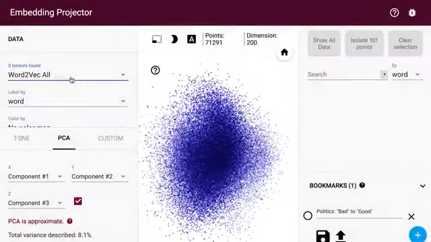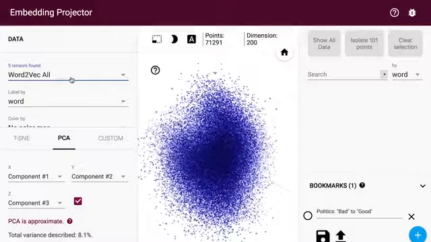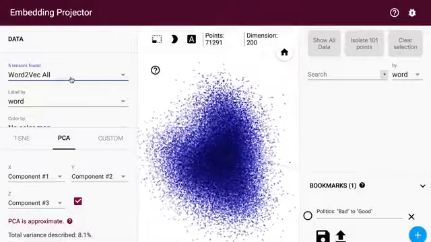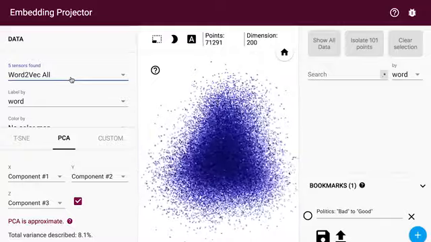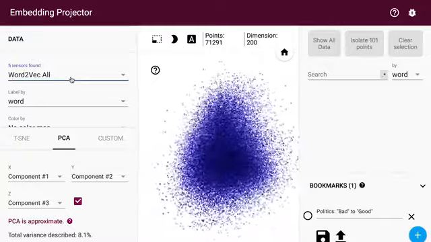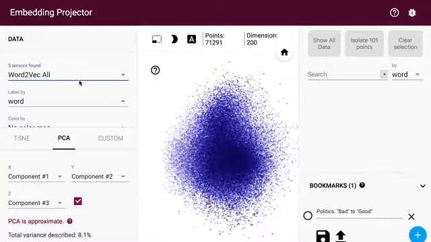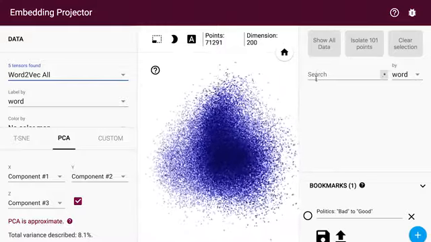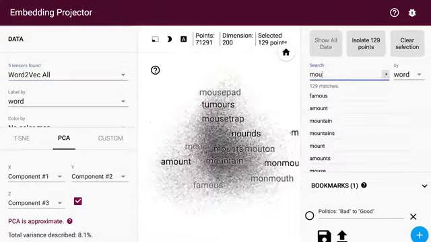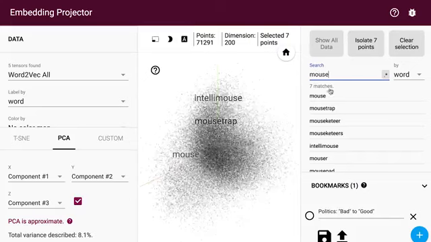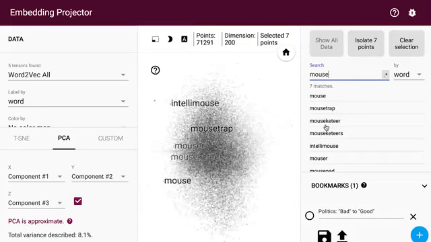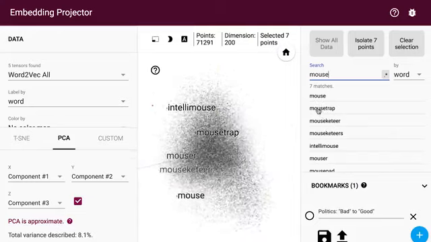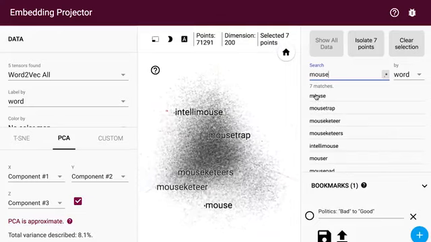One of the most basic sanity checks for understanding what a model has learned is to do a neighborhood analysis. A neighborhood analysis involves looking at the nearest neighbors for a set of predefined points and seeing if they make intuitive sense. In the Inspector panel, type the word mouse. The interface will offer suggestions for matching words, in this case, mousetrap and mouseketeer, and others. Click on mouse to select it.